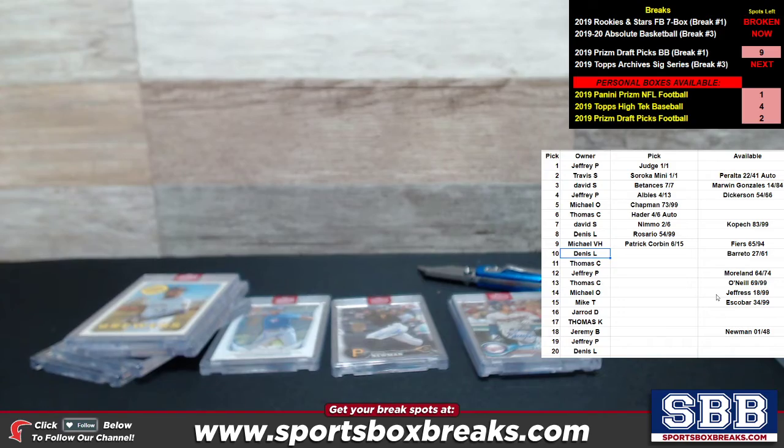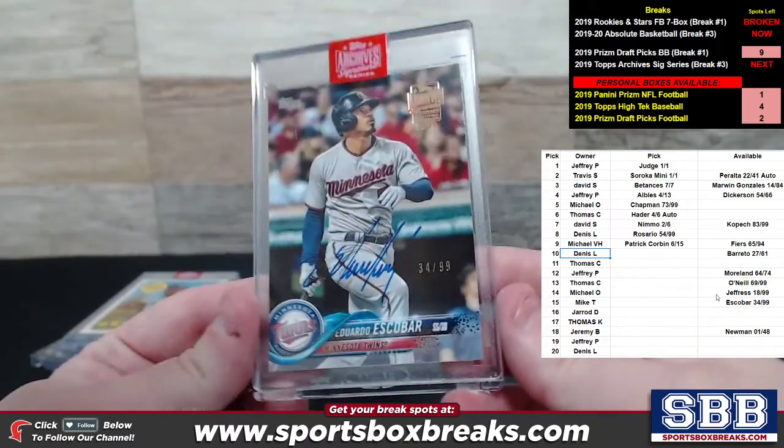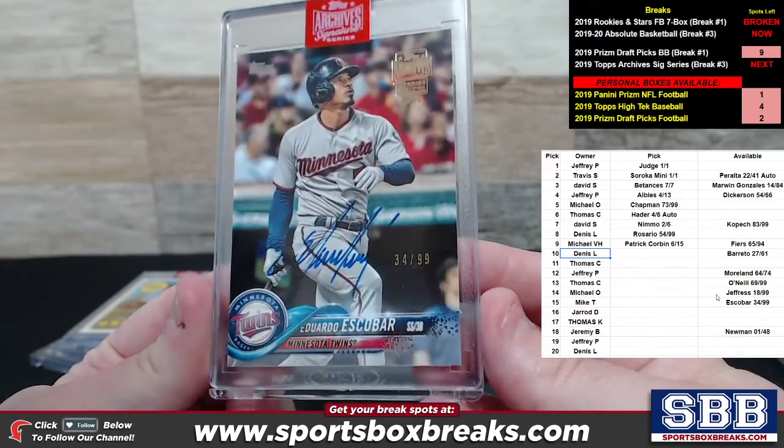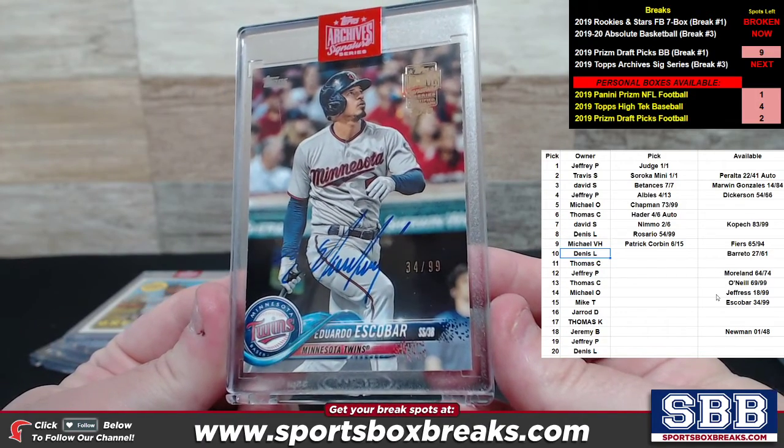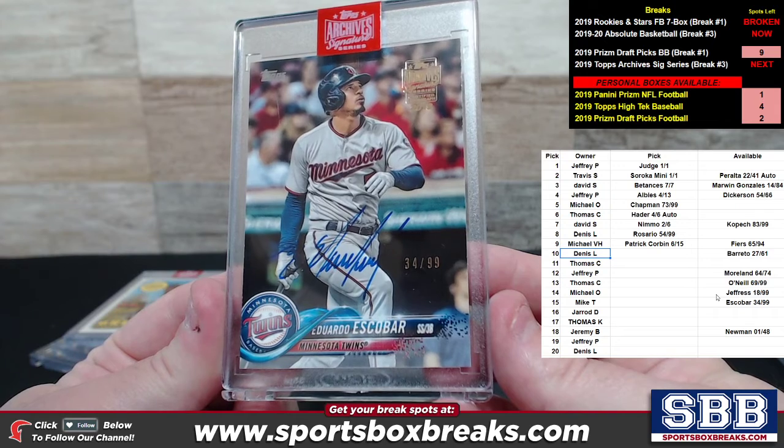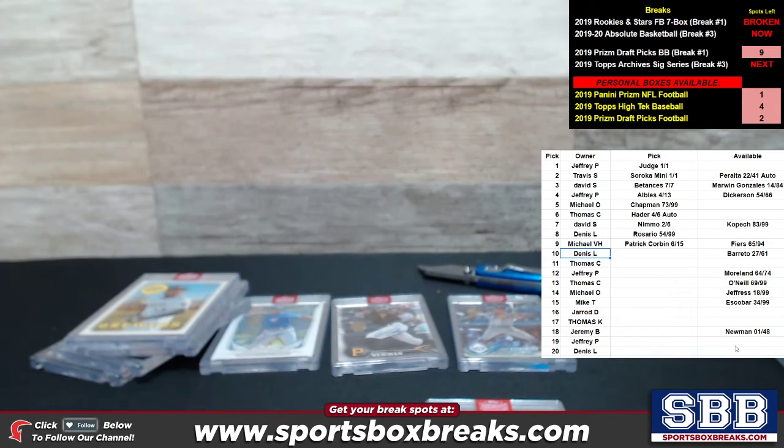The Escobar. All right. Here it is, 34 out of 99. Eduardo Escobar, Minnesota Twins, keeping with that Twins collection. There you go. 34 out of 99, Escobar. Going to Dennis. All right, Tom C is up next, and we know that Tom isn't here in the chat